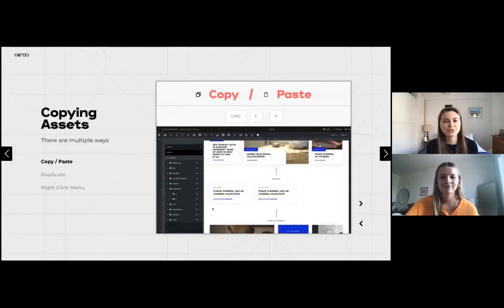Perfect. So next, let's go over copying assets. Now, there are a couple of ways that you can make a copy of an asset within the studio. So I just really wanted to break these down and show different instances where you may use one over the other. So first off, you can use keyboard shortcuts. We can copy and paste. That's Command or Control C and V to copy and paste. Now, when you use the keyboard shortcuts to copy and paste, the assets will paste in place. And then you can hold Shift and just move them over if you want to keep that level, the same